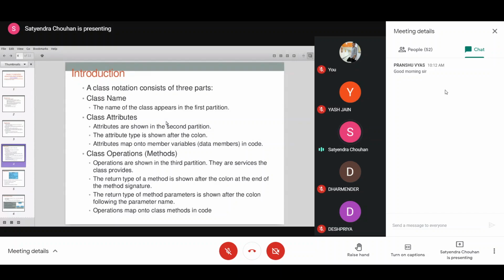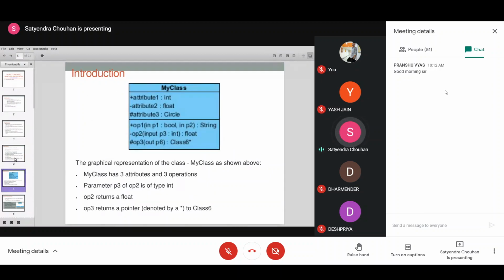So normally a class notation consists of three parts. One is the class name, second is class attributes, and third is class operations, that is methods. If you see the diagram, this shows a basic example of a class, where you see it has three parts. One is the class name. In the second part, all the attributes are shown. Looking at the notations,